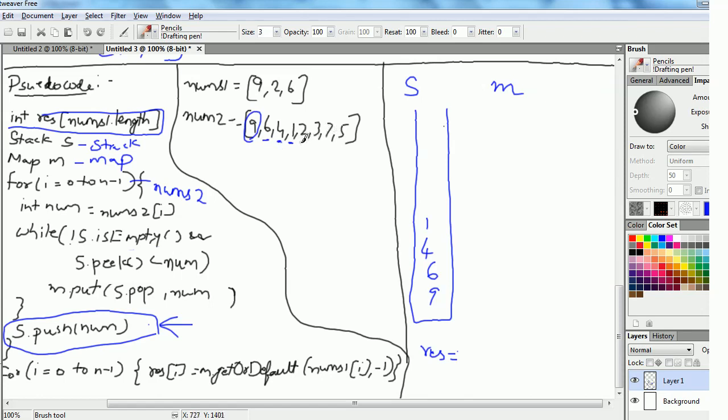Okay, now the element is 2. Stack is not empty, and what's the top element now? It's 1. 1 is less than 2. Yes, that is correct. So our while condition is satisfied, and we enter the while loop. And what are we doing in the while loop? We are popping the top element, which is 1 in this case, and we are adding it to a map. So it would be like this: 1, 2,